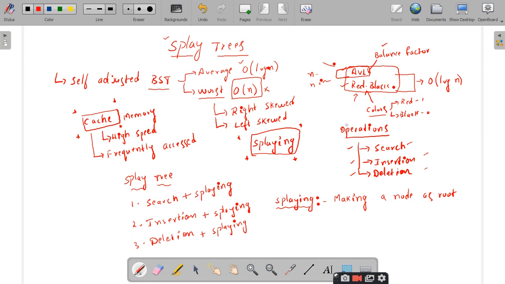Similarly, in red black trees, if I have n nodes, n bits have to be stored for the color. But here we are not going to store any additional information, so we have an advantage on space complexity also.